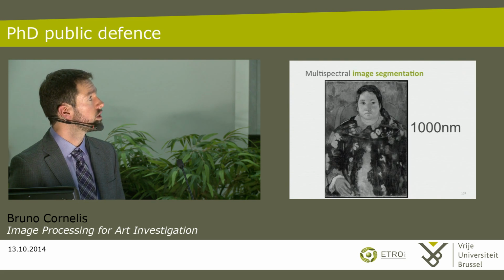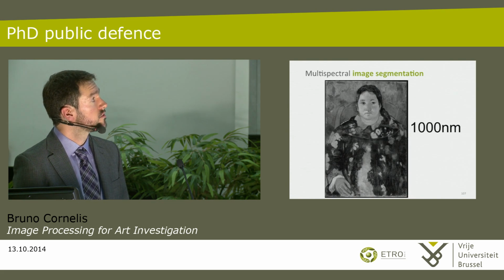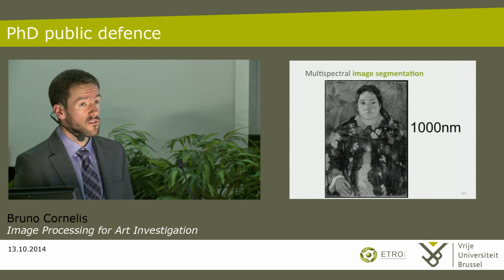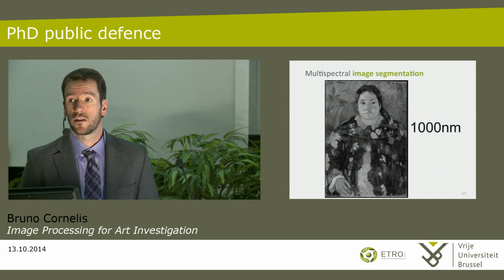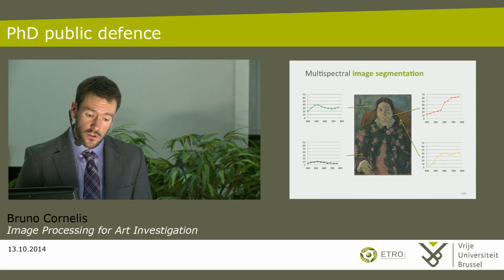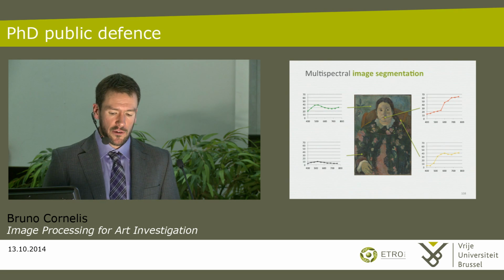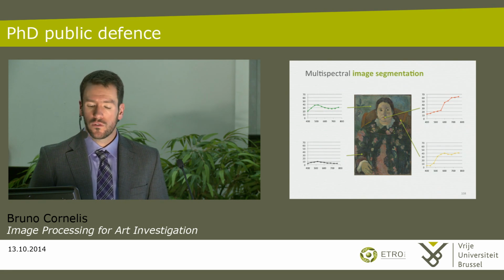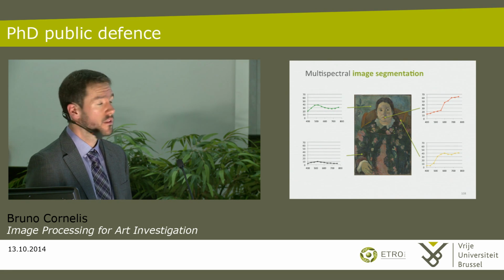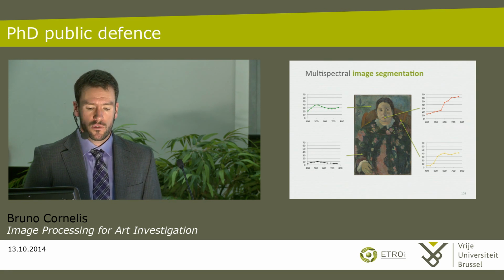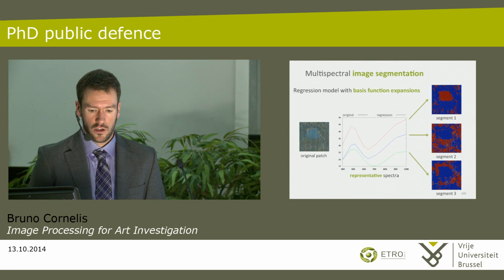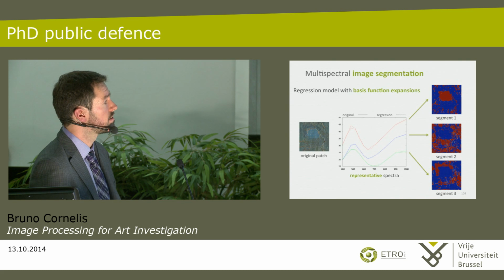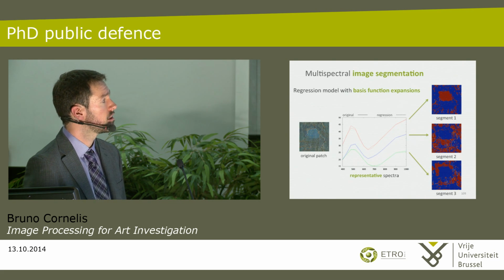And you can also see that in the infrared part of the spectrum, so this is an infrared wavelength, you can see a lot of stuff happening here. These are all restorations that were applied to the painting. So now a pixel is not characterized anymore by 3 color values, but it's characterized by a whole curve. And the segmentation algorithm was developed in such a way that it classifies these curves and segments the image. So for example, here there's a little test patch taken from that painting. The algorithm